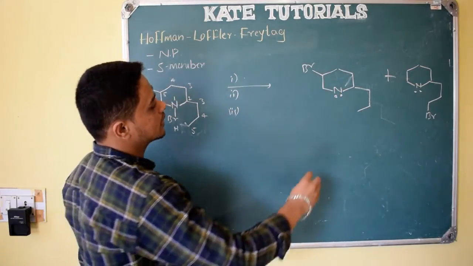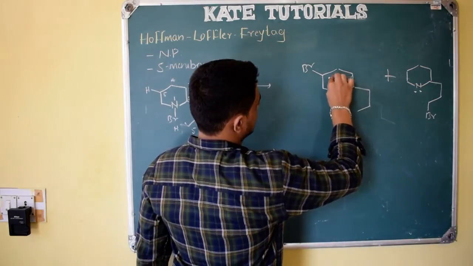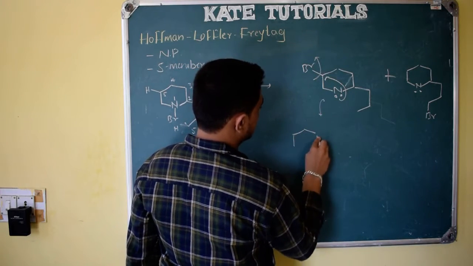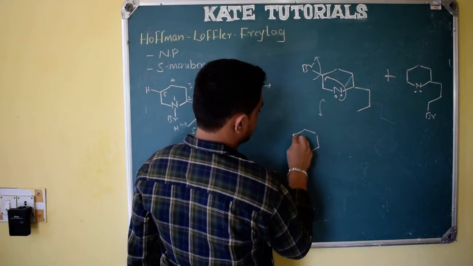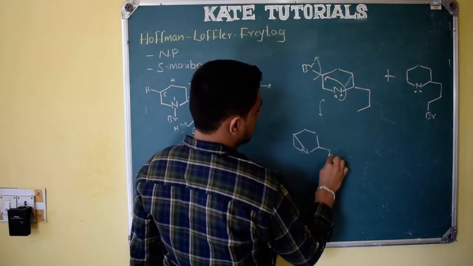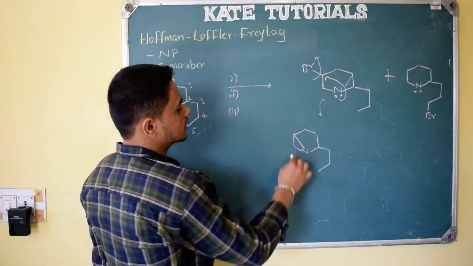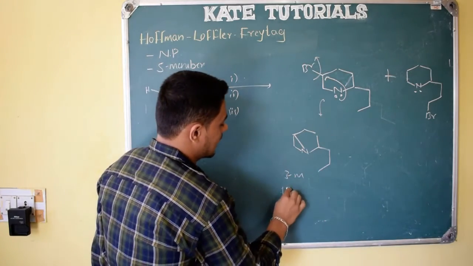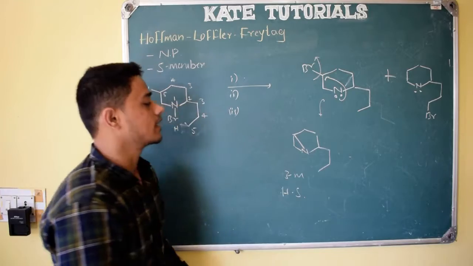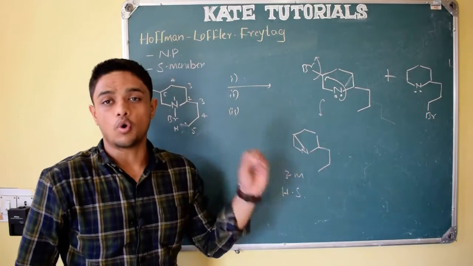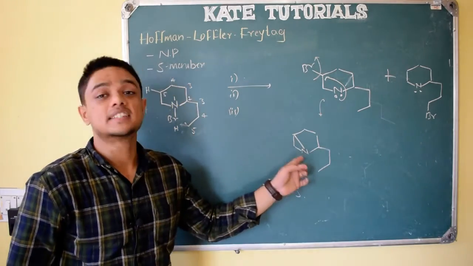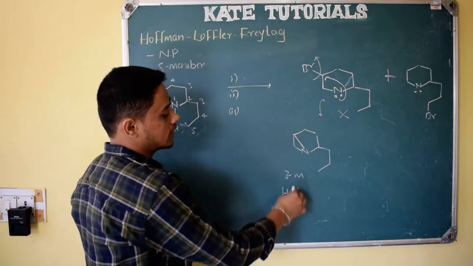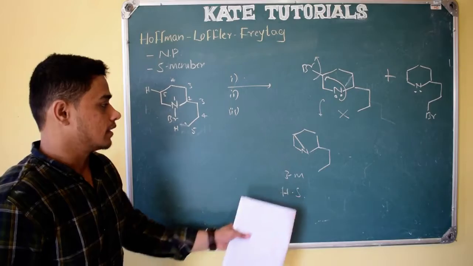See here, if it does an SN2 reaction like this and bromine leaves, right? So what happens, I will get a 3-membered ring here. See here, this is a 3-membered ring and this is as usual, right? So this is a 3-membered ring which is highly strained. Why is it highly strained? Because a 3-membered ring has more angle strain. Because of that these are unstable. So this reaction won't occur because it is forming an unstable compound, right?